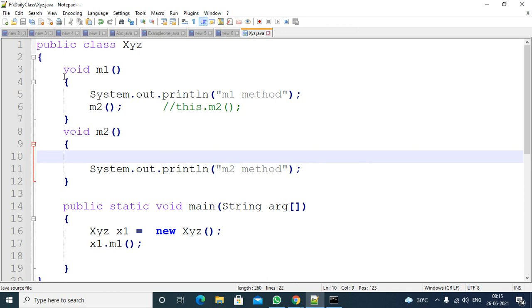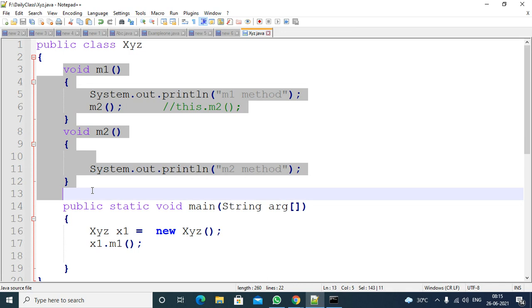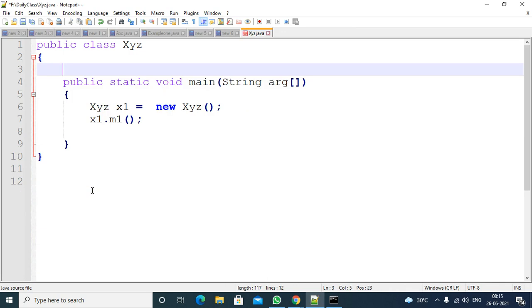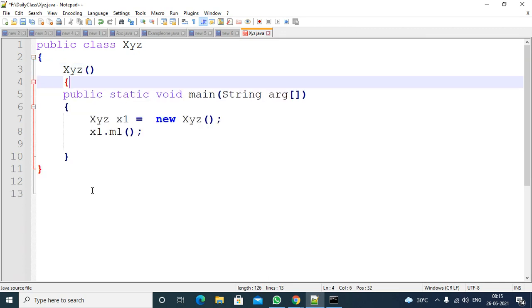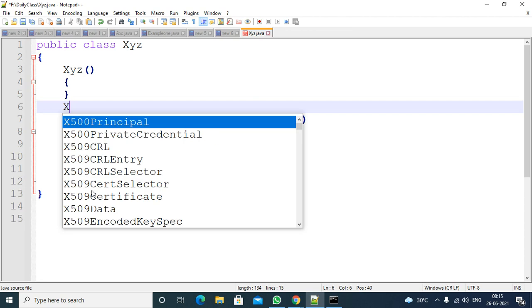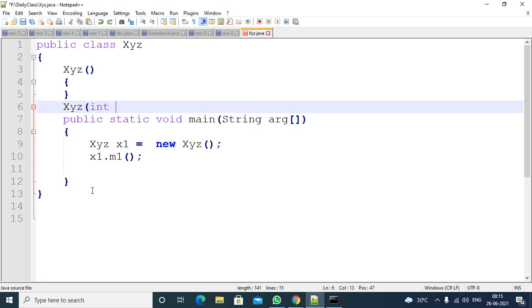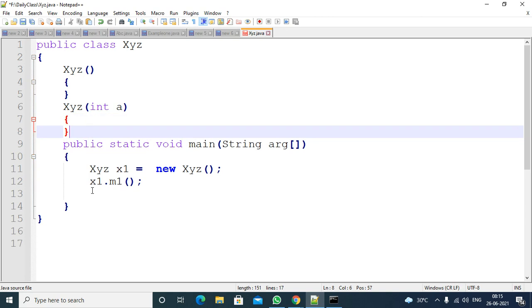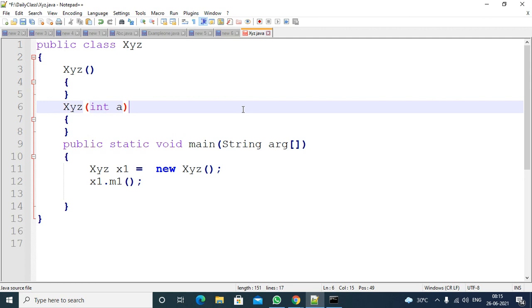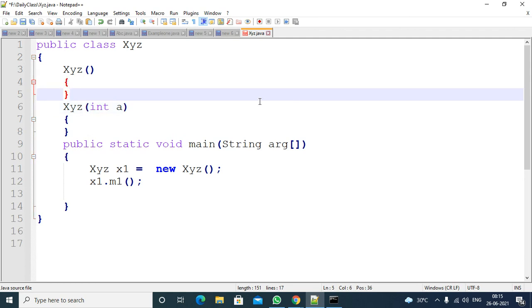The third use is calling the constructors. Constructor xyz, one constructor, and another constructor xyz with a different parameter. So there are three uses: to call the current class variables, to call the current class methods, and to call the current class constructors.